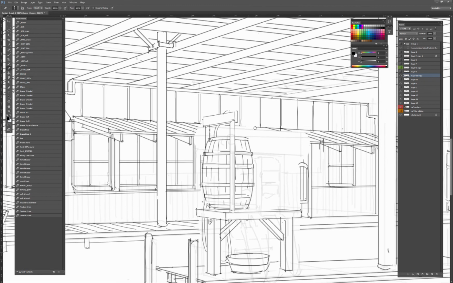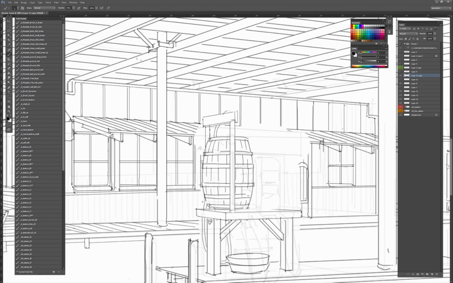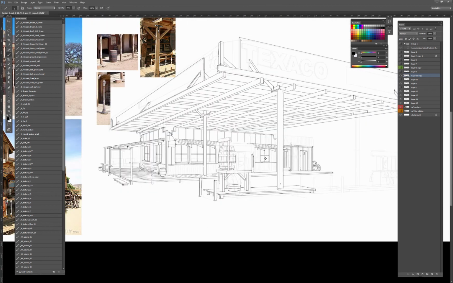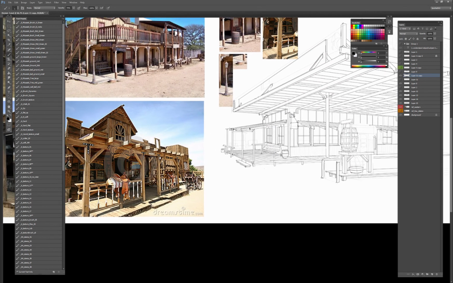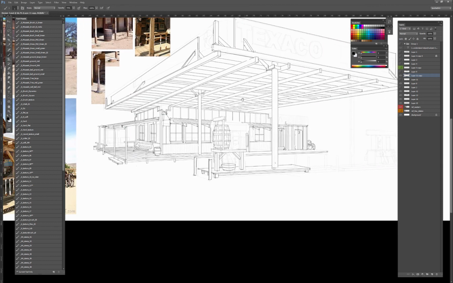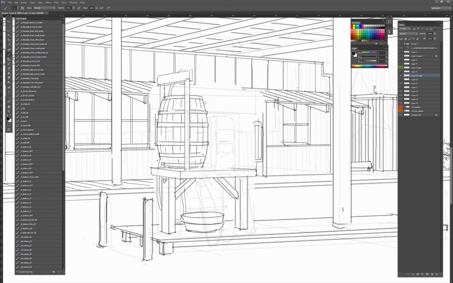gas pump or something up here. I'm thinking, do we need another barrel here? I mean, it might be really cool. However, maybe we can do something else to mix it up. Having two barrels might be a little overkill, but maybe we can add something that's less of a pump and more like those well pumps. So I'm going to go ahead and check out what it looks like,